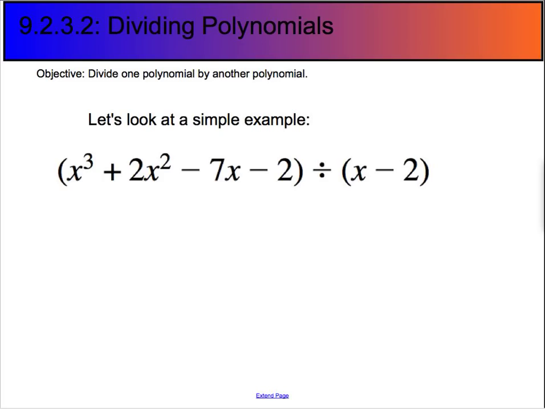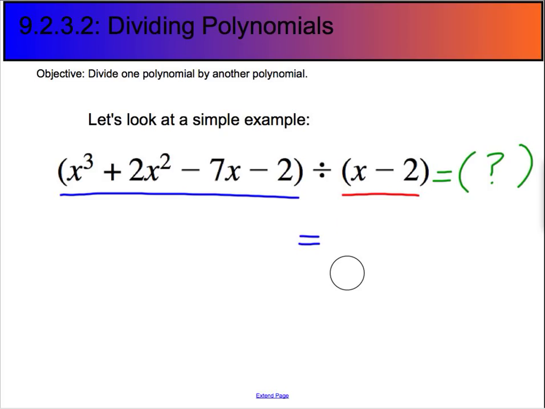And the way that I always think about polynomial division is it's going to be another polynomial. And this is the same thing as this problem that I'm going to have. Well, let me just go ahead and write this out. I'm trying to be lazy here. This division problem that we're starting with is the same as this multiplication problem,